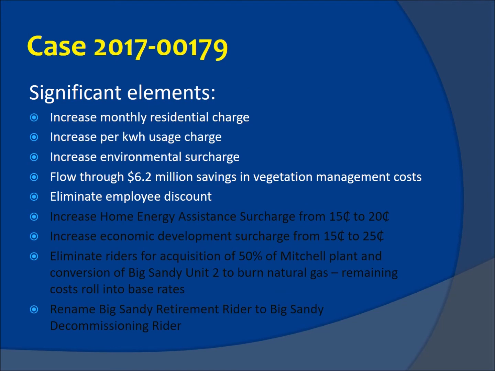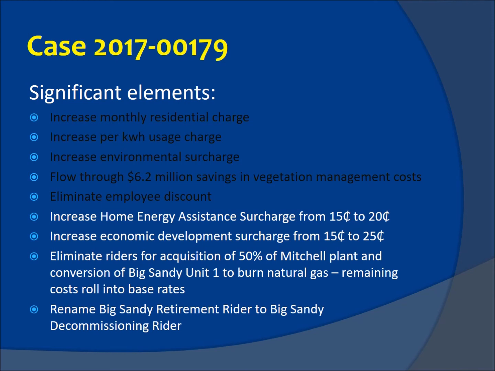Key elements of the application include an increase in the monthly service charge for residential and other customers, an increase in the per kilowatt-hour consumption charge, an increase in the environmental surcharge, which recovers environmental compliance costs related to the use of coal, a flow-through to customers of $6.2 million in savings from reduced vegetation management costs, elimination of a discount on power for utility employees, increasing the Home Energy Assistance Program monthly surcharge by 5 cents, which also would increase the shareholder contribution that matches the money from ratepayers, a 10-cent increase in the monthly charge to fund economic development activities, with a matching increase in shareholder funds,